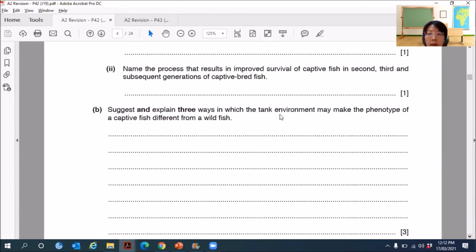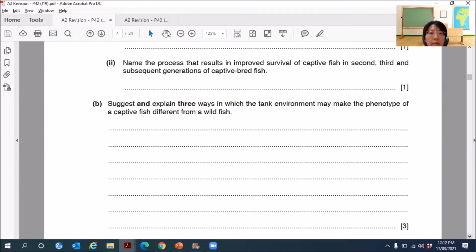Question B: suggest and explain. So the keywords are suggest and explain. Three ways in which the tank environment may make the phenotype of a captive fish different from the wild fish. So you know that